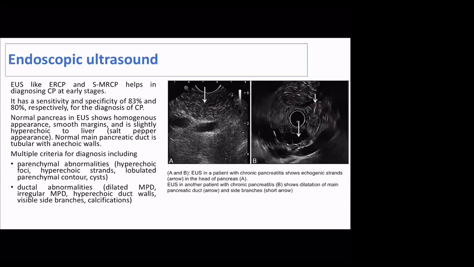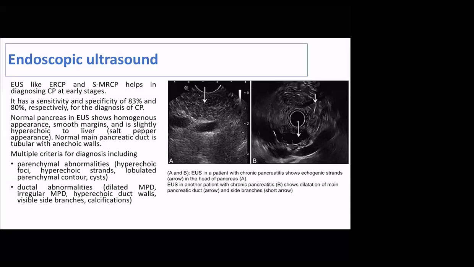Now widely used is the endoscopic ultrasound examination، عادة يفيدنا بالdiagnosis of early stages of chronic pancreatitis. It has sensitivity and specificity of 83% and 80% respectively for the diagnosis of chronic pancreatitis. Normal pancreas بالendoscopic ultrasound يكون homogeneous appearance, smooth margin, and slightly hyperechoic to the liver, sometimes a salt and pepper appearance, and with normal main pancreatic duct